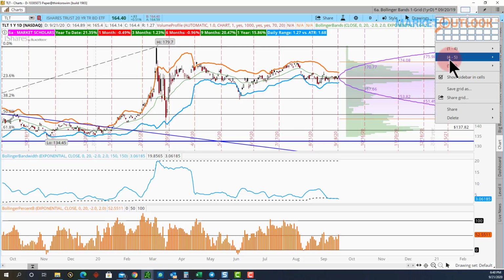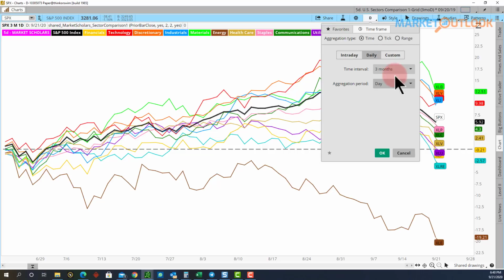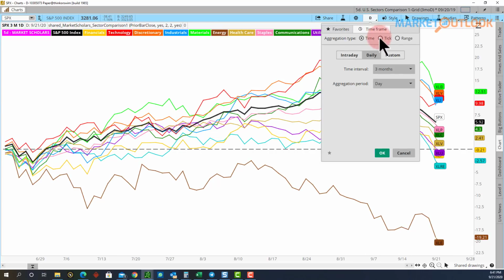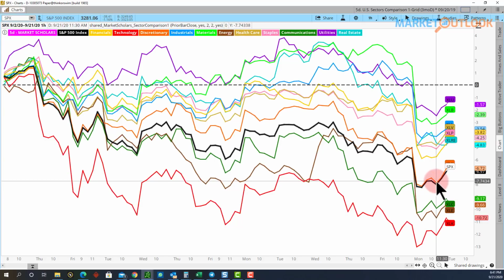Now let's take a look at the sector performance and see what it's doing, and you can see the declines that we're getting on a 3-month basis. You can see the strength that we've had in technology and communication services and discretionary, materials and industrials also. That's been our strength, but really since we peaked here on September the 2nd, if I were to change this to September the 2nd, up until now, you can see what was the strength is now our weakness,